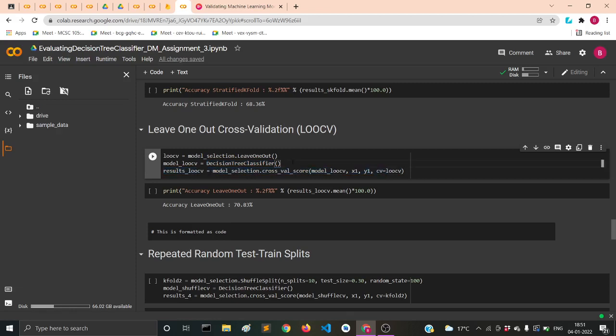Now LOCV is leave one out with no parameter initialized, because here you don't need to initialize the number of splits you want to do, because by default it gets the size, meaning n split is equal to the length of your data set, the number of records. Here every point will serve as a test point, and the rest other than the single point will serve as the training set, and in this way it will test with every point.